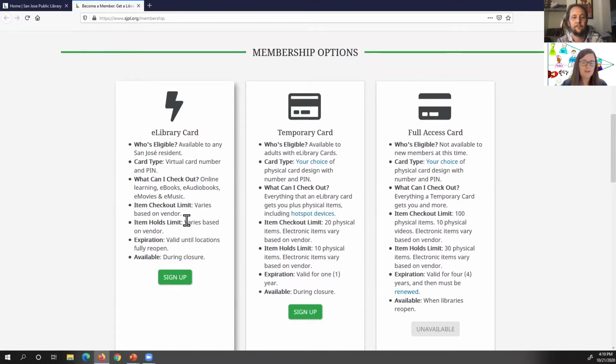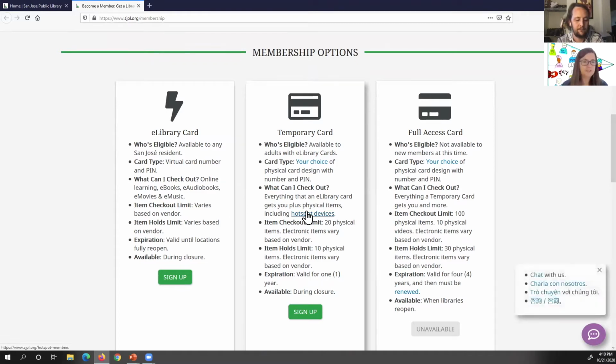You go online, you fill out a simple little form, and as soon as you click submit on the form, you get your e-library card number. You'll also get a follow-up email that has some more details, but this is absolutely the easiest way to get your library card. And if you are an adult, you can actually convert this e-library card into a temporary card, so that it means that you do have access to some of the physical resources.